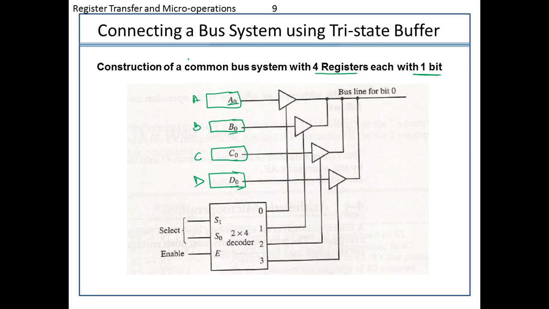So how can I design this entire structure using a three-state buffer? The idea of the bus system will remain the same: there is a common line, and the line will be common for one bit position only. So if this is a bit position and this is, let's suppose, a register with the name M,